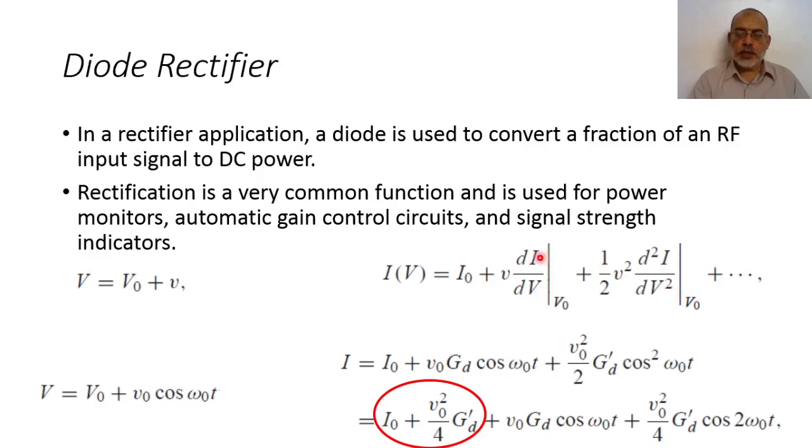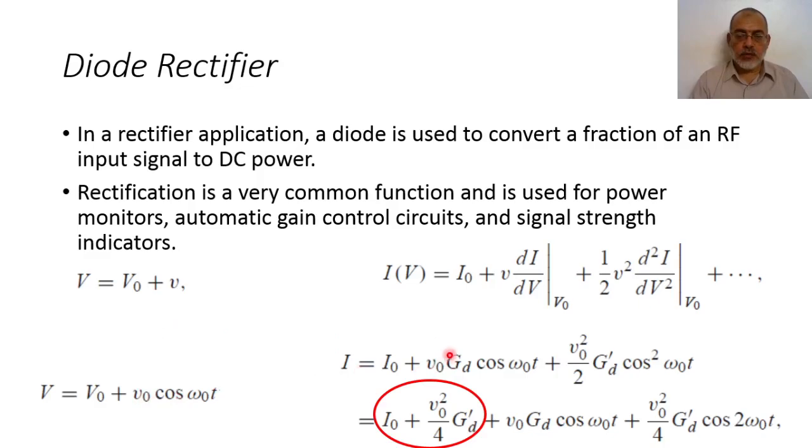And we said that the value of delta I by delta V at V0 is the transconductance or the dynamic conductance of the diode. And the second derivative is GD dash, or the derivative of the dynamic conductance. So the output current I would be the output current due to the DC plus the amplitude